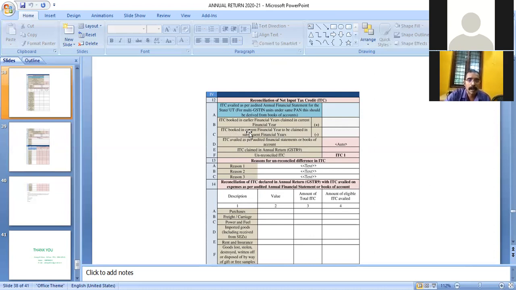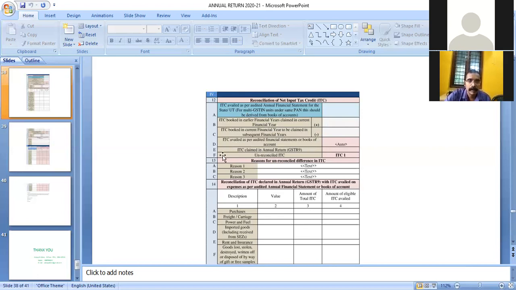So to arrive from the audited financial statements to the GSTR 9, the amount is to be deducted. As far as column B is concerned, ITC booked in earlier financial year and claimed in current financial year, that item is to be added back to arrive at the ITC claimed as per annual return.